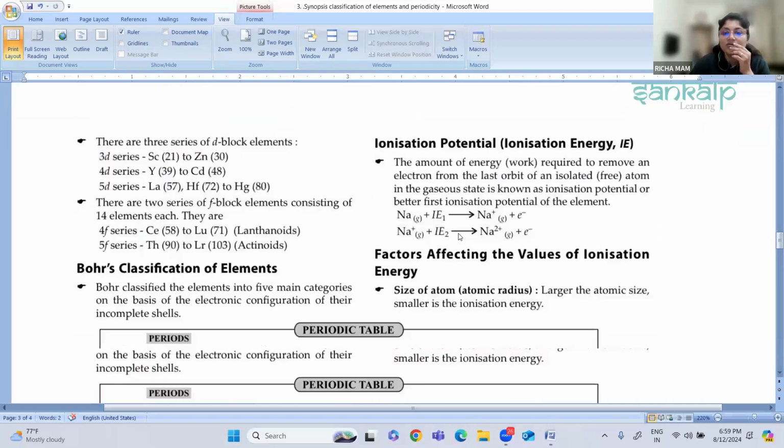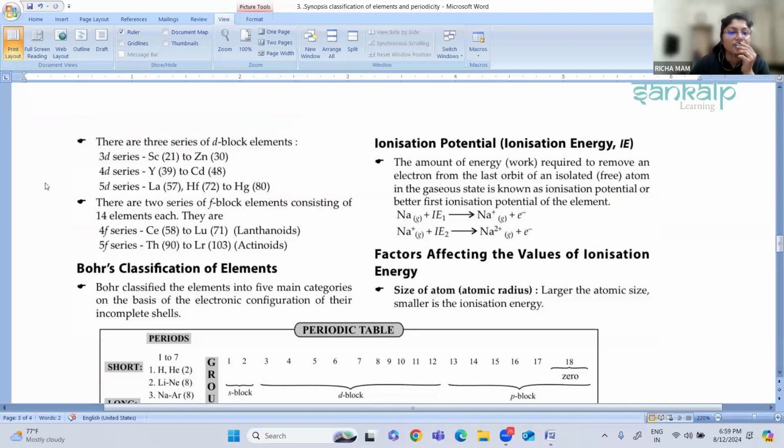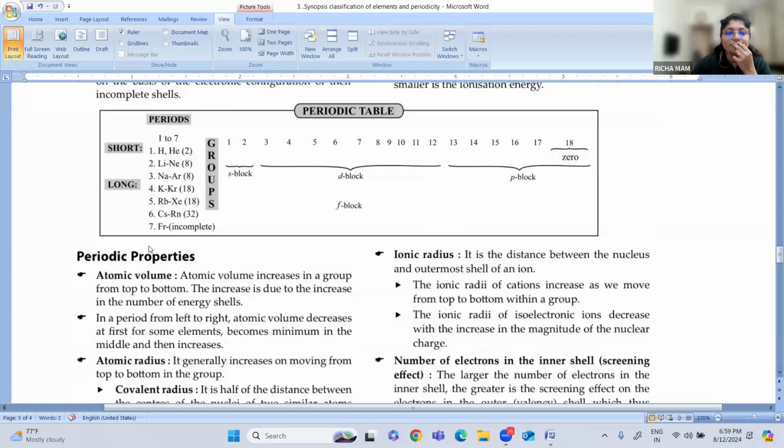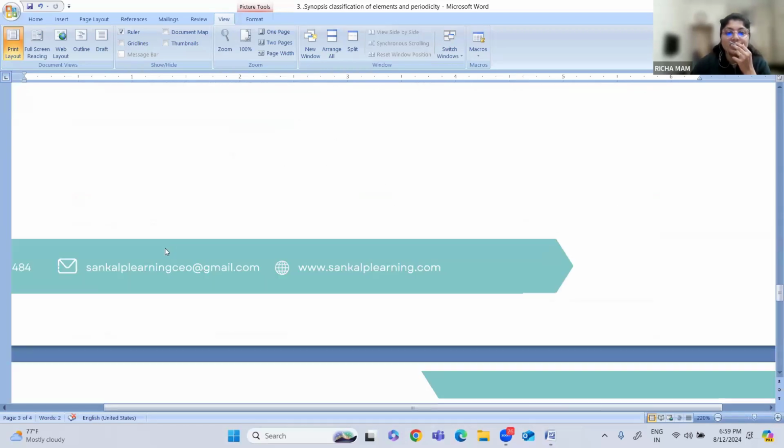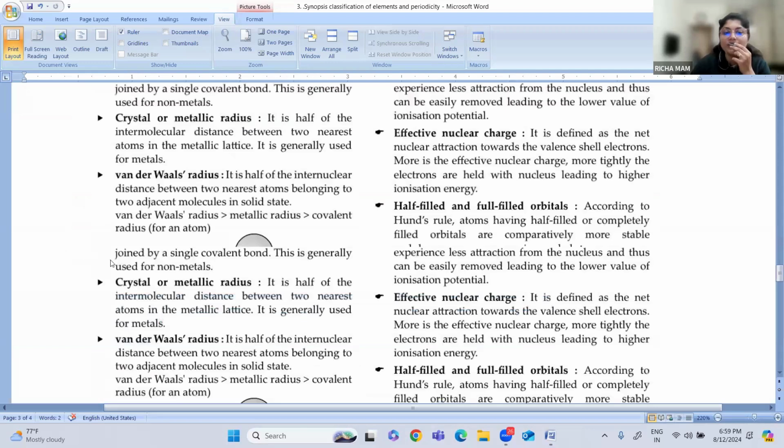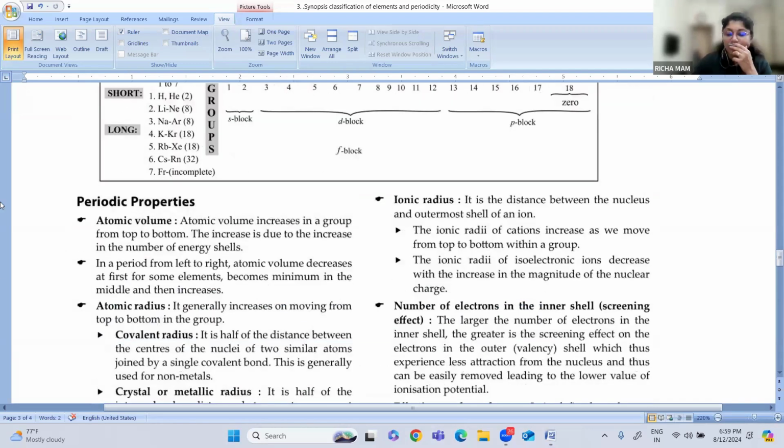Now we'll study some of the important periodicity properties. We'll start with atomic size. When you go from left to right in a period, what will happen to the atomic size? In the period, going from left to right, the atomic size will decrease, because